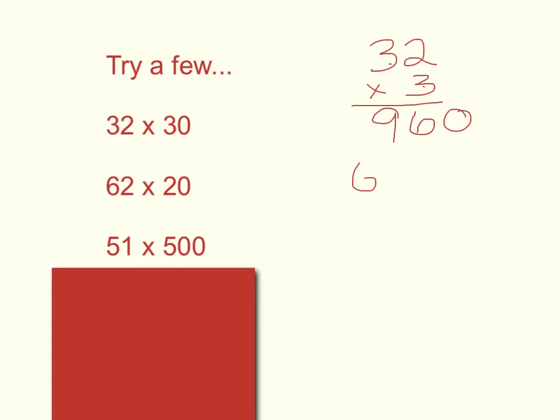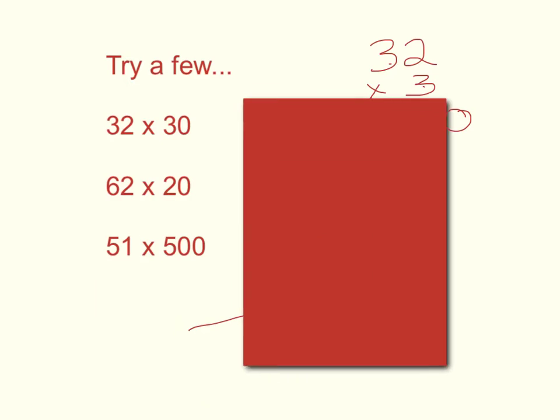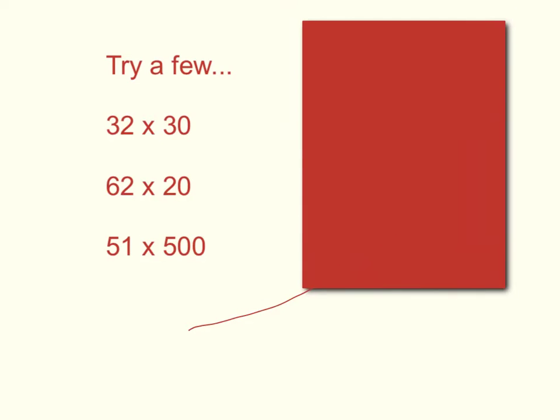Okay, 62 times 20, we're going to write 62, times, we're going to put the 2 in the ones place and let the 0 roll off. 2 times 2 is 4, 6 times 2 is 12, and our answer is 1,240. Now, the next one is 51 times 500, which is a pretty big problem, but we can handle that